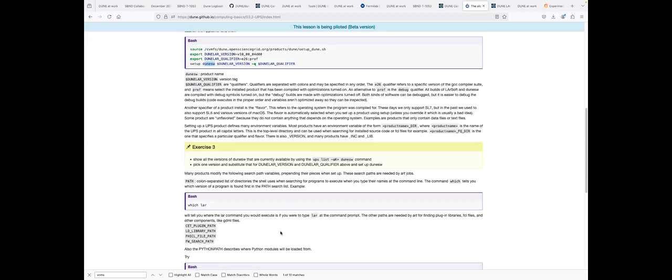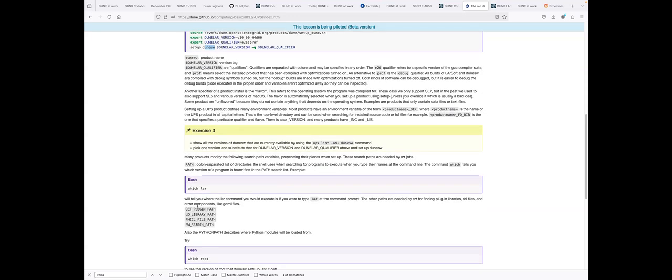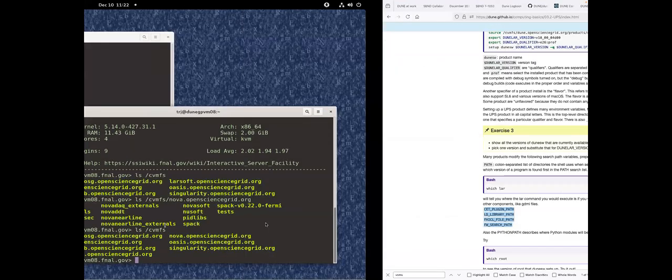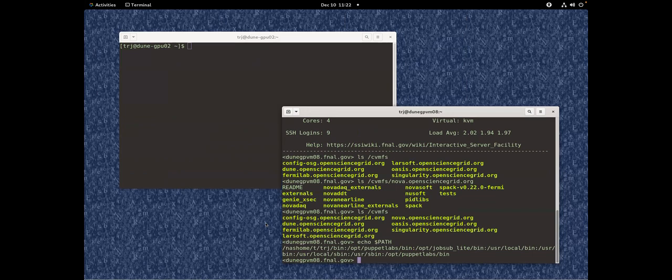Other things that UPS does and that Spack will do for us is that when you set up a product, you get environment variables, and LArSoft jobs need several search paths. So you may be familiar with the PATH variable, which will show where to find commands. And my very simple login has very little path, and that's just the system path. But say if I set up